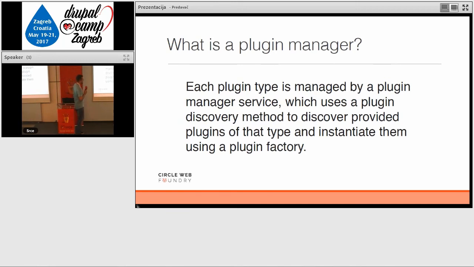What is a plugin manager? Each plugin type is managed by a plugin manager service, which uses a plugin discovery method to discover provided plugins of that type and instantiate them using a plugin factory. So we have two components in the plugin manager, discoveries and factories, that we need to use to create and define our own plugin